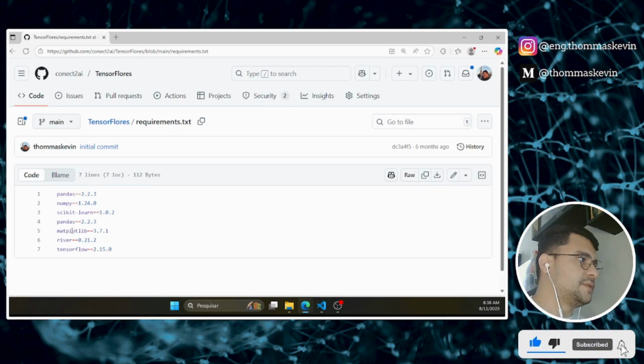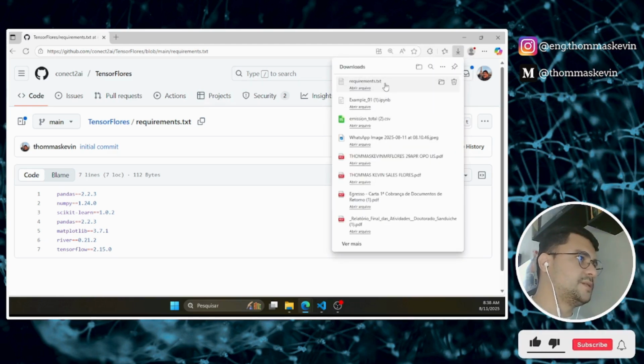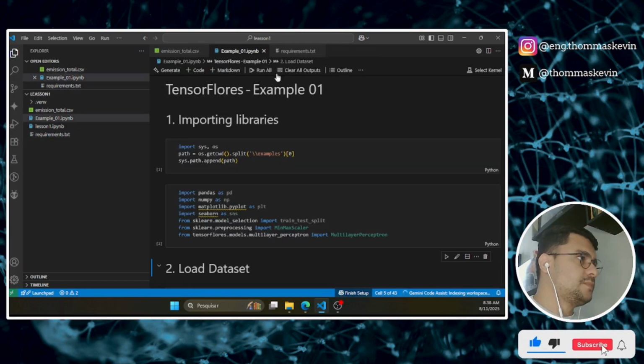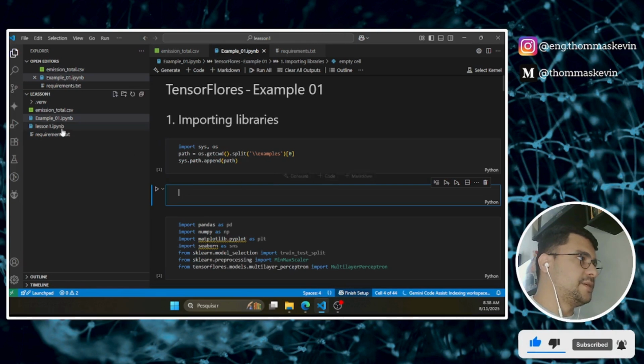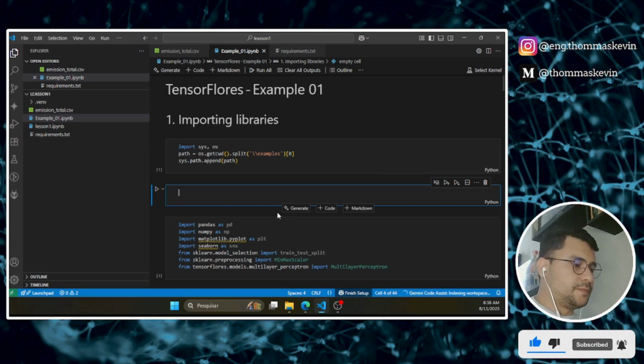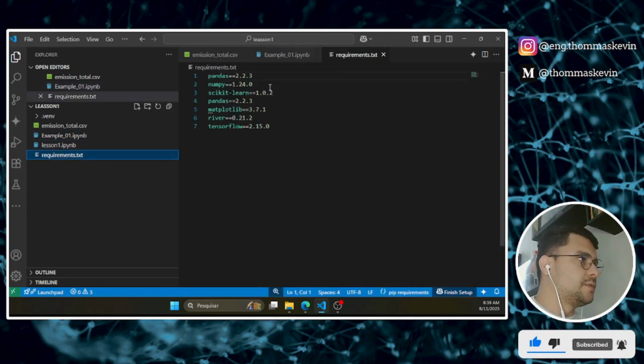I need to install these requirements and download this requirements.txt and copy it up. Install here. Pip install matplotlib,